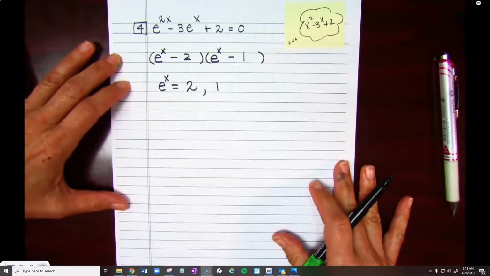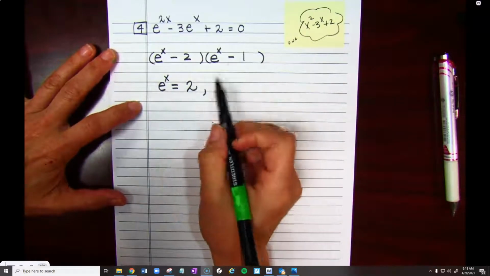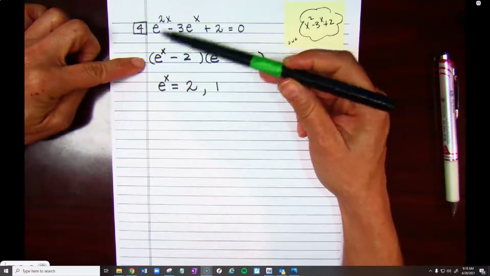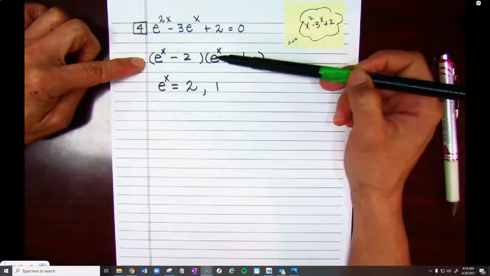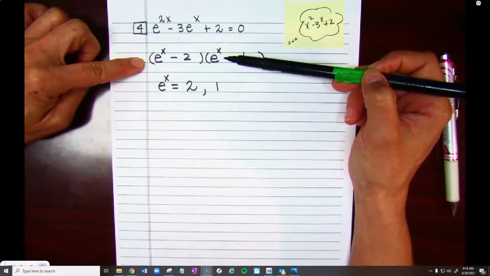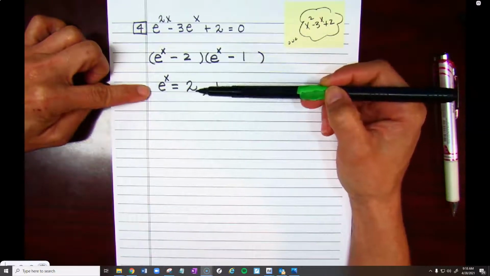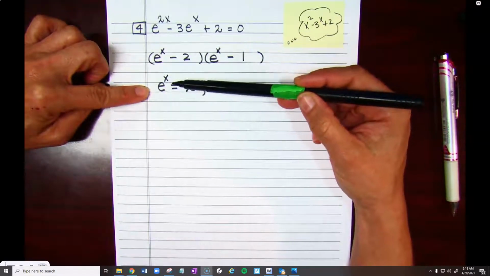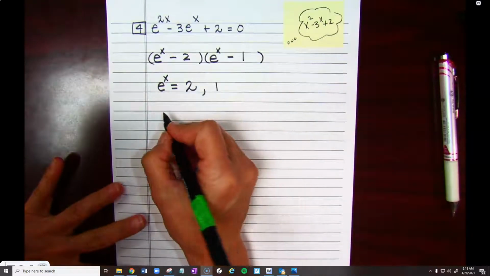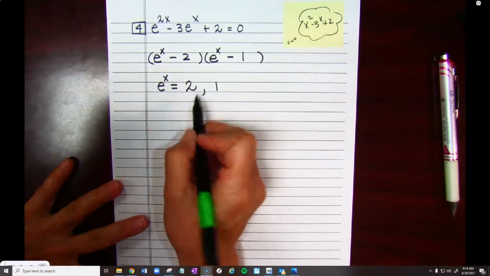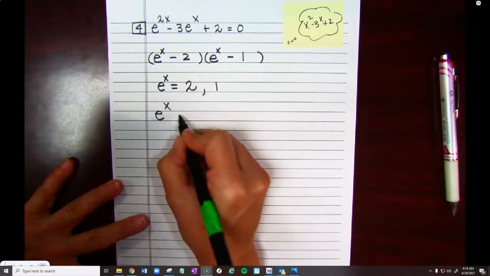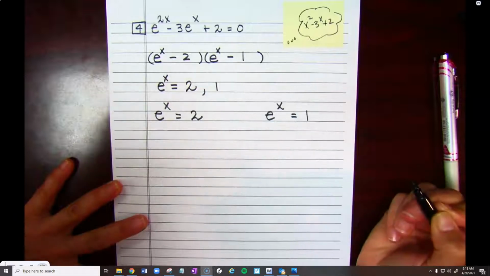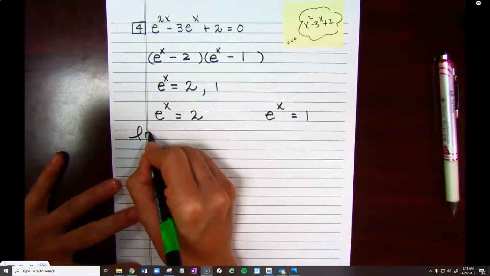So what we're going to do here is solve for the single x. So again, I split my e's up. I have e to the x here and e to the x here. So e to the x is going to equal a positive 2 or a 1. So now let's go ahead and solve for x. Remember, I need to take the natural log of both sides. Let me go ahead and split this up into two problems. So when I take the natural log,